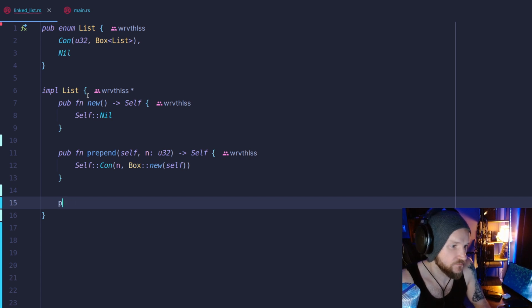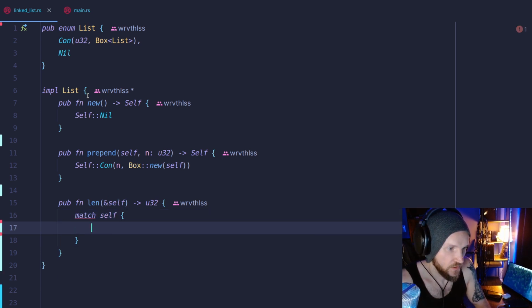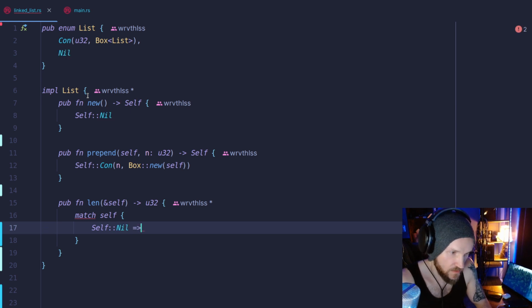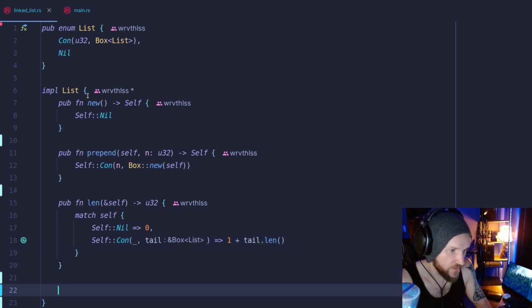All right, so now we also need a way to find out the length. Pass a reference to self. This is going to return a number, and then we match on self, and then a self nil is 0, and then self. We do not need head because our entire linked list is stored in tail. And so to make up for that initial value, we do 1 plus tail and then call that recurse. I'll talk about this in the notes a bit,